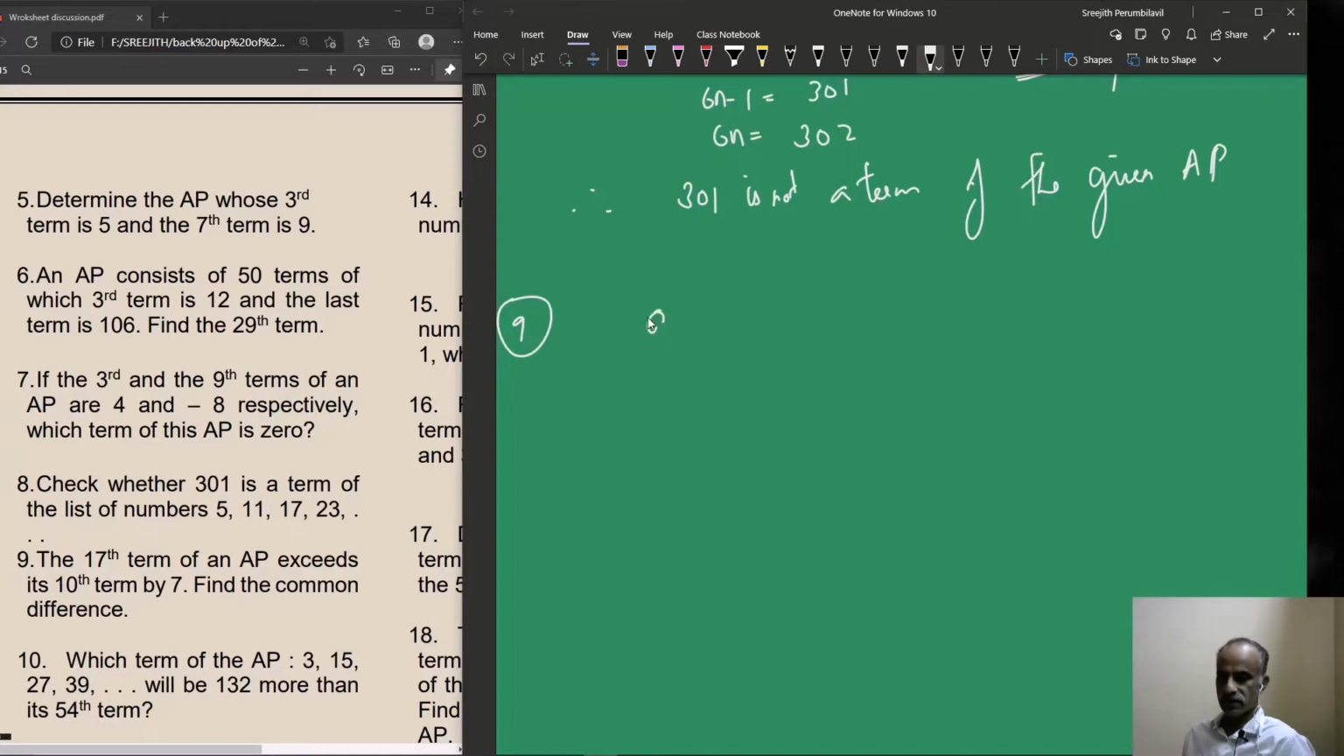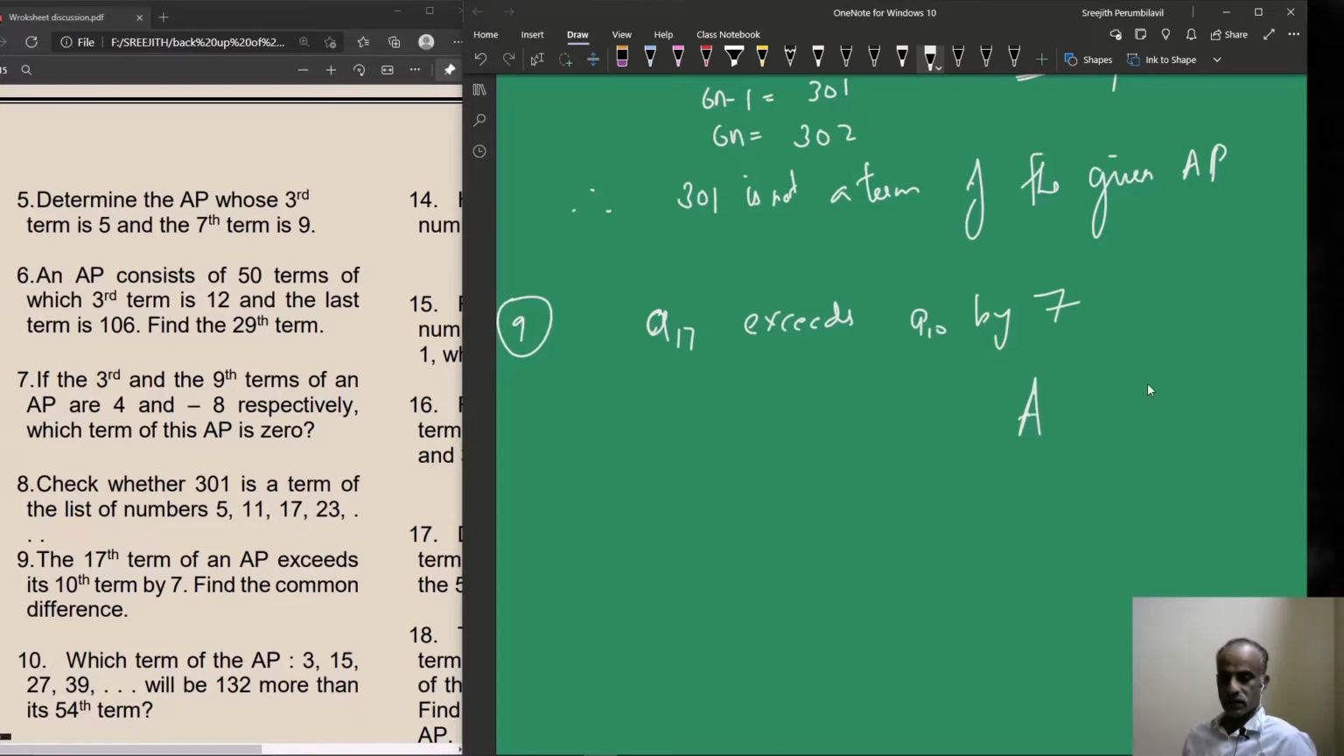17th term, what do you mean by 17th term? That is, A17 exceeds A10 by 7. What does that mean? Suppose your marks exceed your friend's marks by 7, for example, Arun's marks